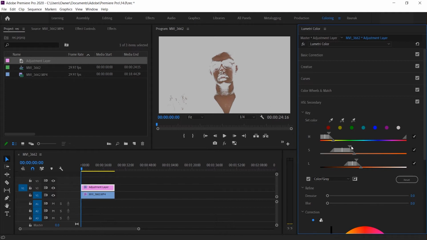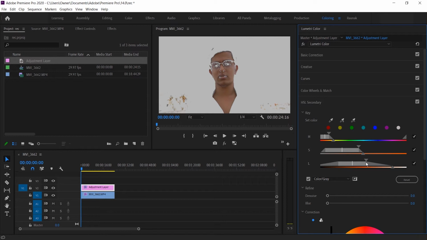drag the saturation. For the neck part, the luminance. So as you can see, we have almost properly selected the skin. Now we know that all the gray part is not selected and all the skin is selected.